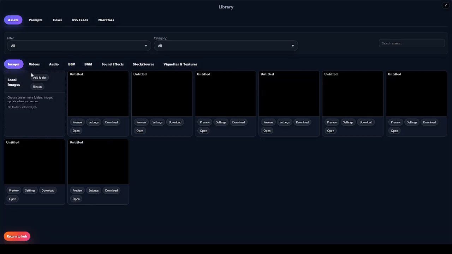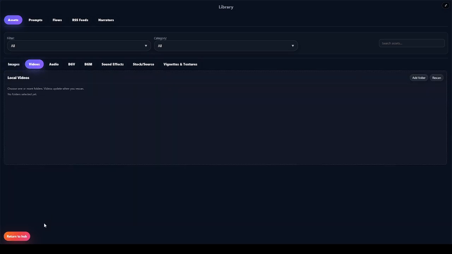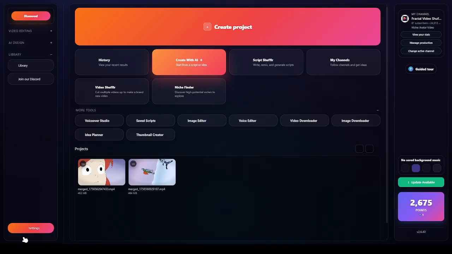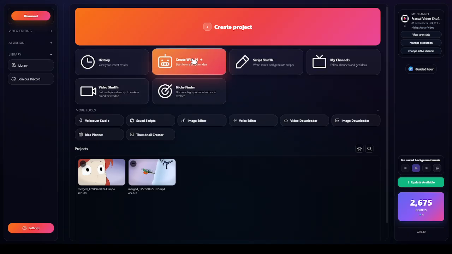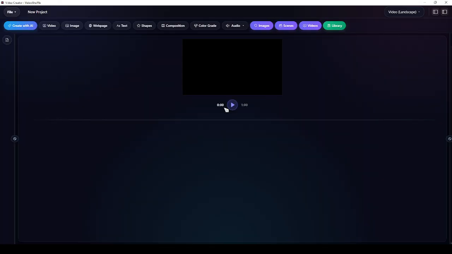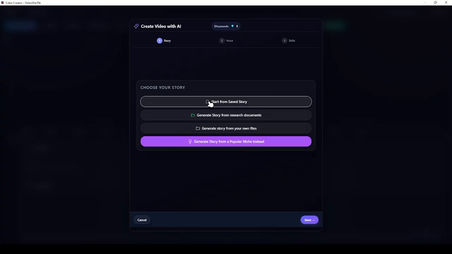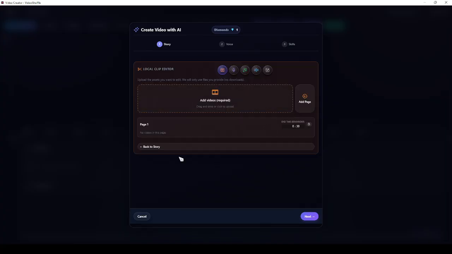So that's kind of useful, but to make this even more useful, we also made it so that you can add in your own local images and own local videos. And so adding these in will allow for the AI to reference them. And if you're building your video using the Create with AI system, you can just start from your own local files. So you can generate the story from your own files, and you can pass in your own videos, or